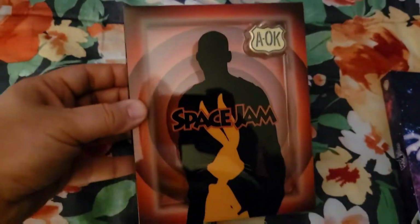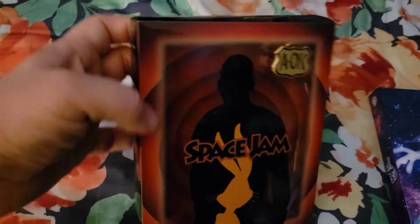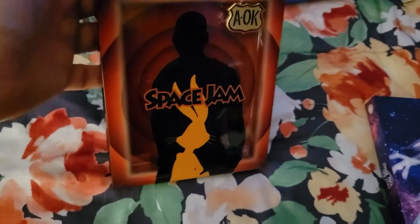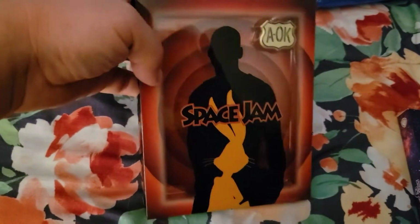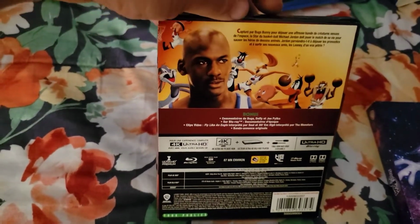Here's the Titans of Cult edition of Space Jam with a different logo. A different front, I mean, but a much better front with Bugs and Michael in the front, and then the Looney Tunes circles in the back. And then I think in here you just...